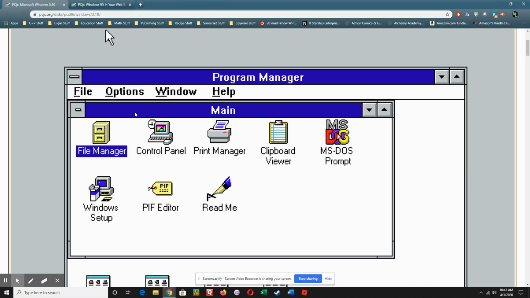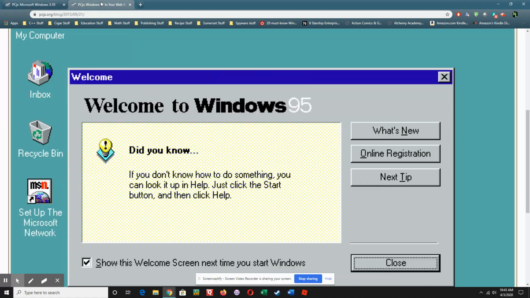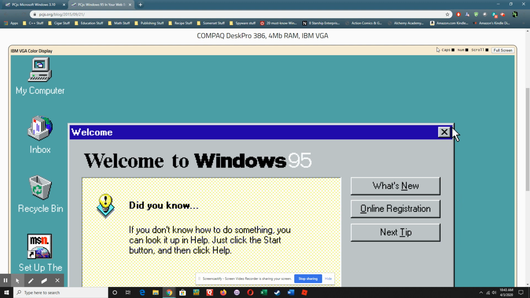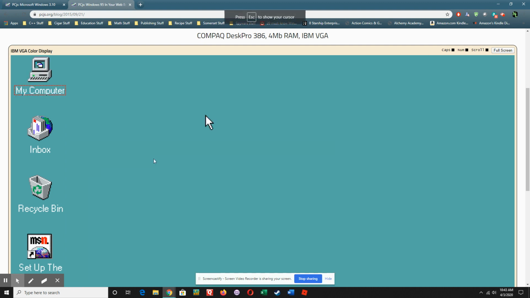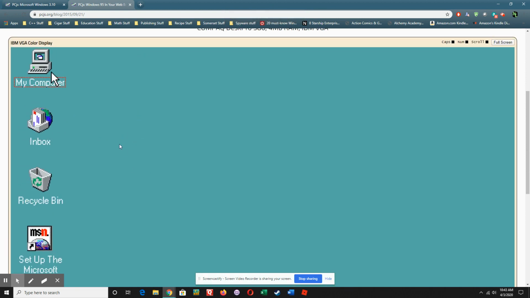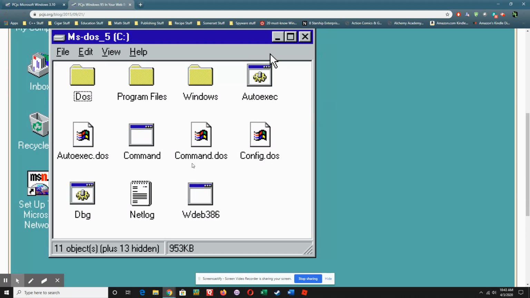The same website, I got to hit escape to get my mouse back, also has a Windows 95 emulator. So we're sitting here on Windows 3.1. Hold on, close that. Now we have some interesting stuff going on. My computer, which is what the File Explorer is, notice there are some more files sitting over here now. DOS is still running in the background. DOS is the disk operating system. It's basically the version of Windows that was words only, and then Windows was the graphic user interface that went over that. Okay. DOS always ran in the background.